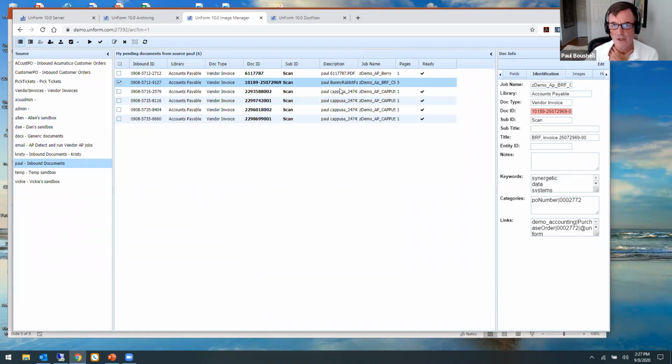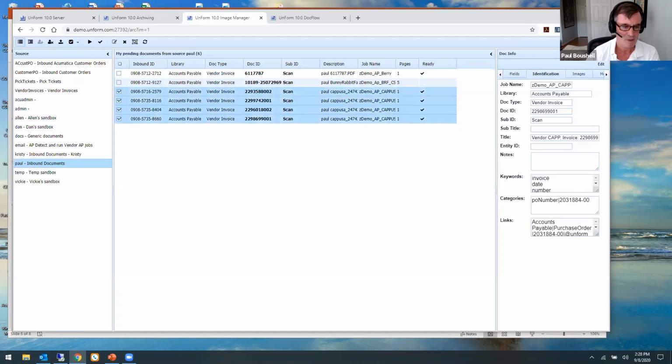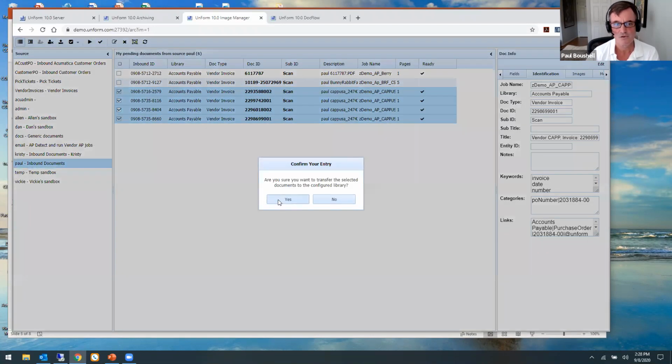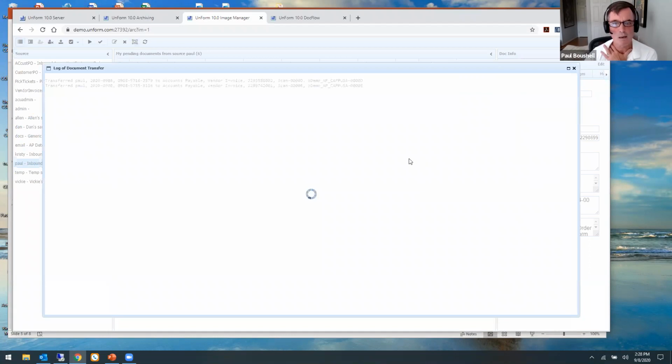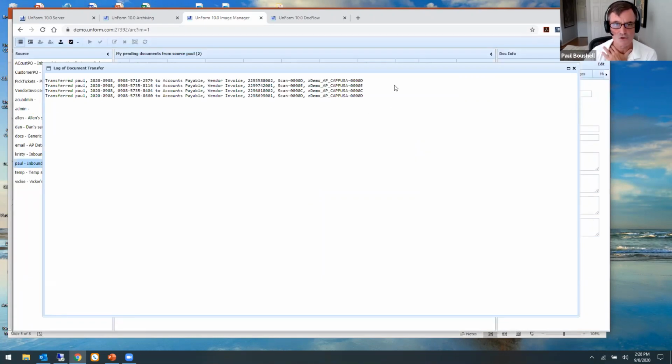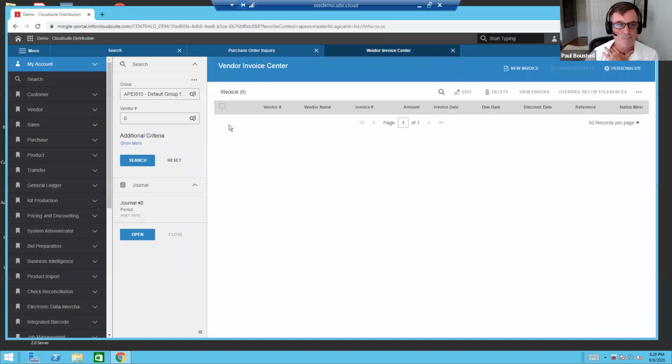Also note that in that email I sent, I had 3 PDFs, and I've actually got more invoices than that. That's because this particular invoice was a single PDF that had multiple invoices in it. So we know, based on when an invoice number changes, that we need to start a new document. I'm going to go ahead and pop these in. I'm just going to grab a few for the sake of time here, transfer these over, and this job will run. Again, if the full automation was turned on, this would have run automatically, and the net result would have been over in